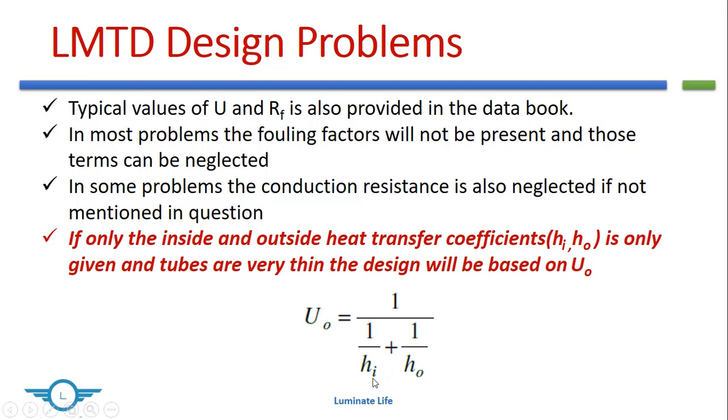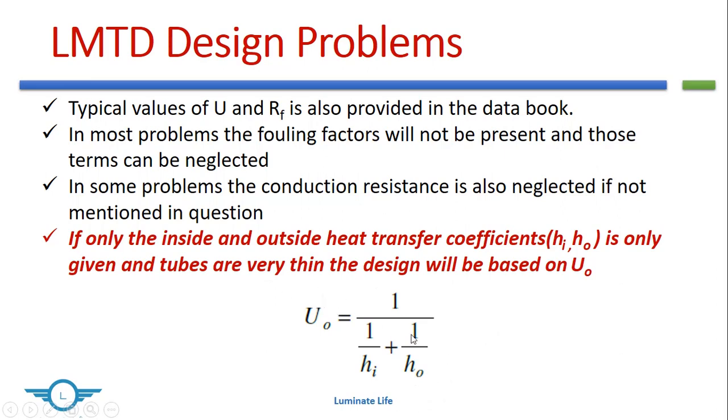Now you may be asked to find out this Hi and H0 value depending on the fluid flow, which you have already learned in your convection chapter. So there might be a problem where hot oil is flowing through the pipe, then you have to apply convection equations for flow through a pipe. Then on the outer annulus between the two pipes there might be cold water flowing, then you will have to apply convection equations for concentric pipes. But majorly, if in a problem only Hi and H0 values are given, you can find the overall heat transfer coefficient based on this equation.